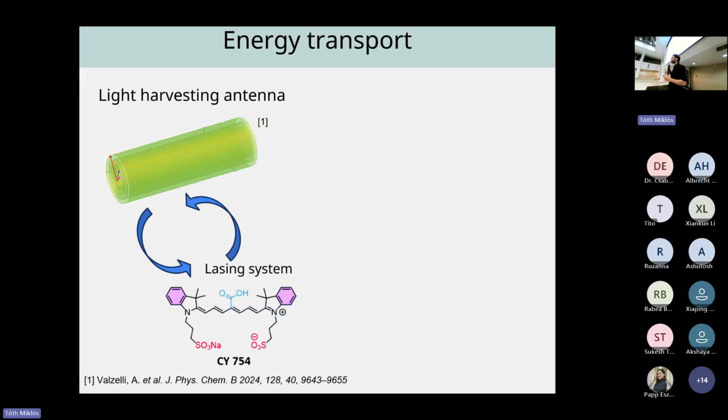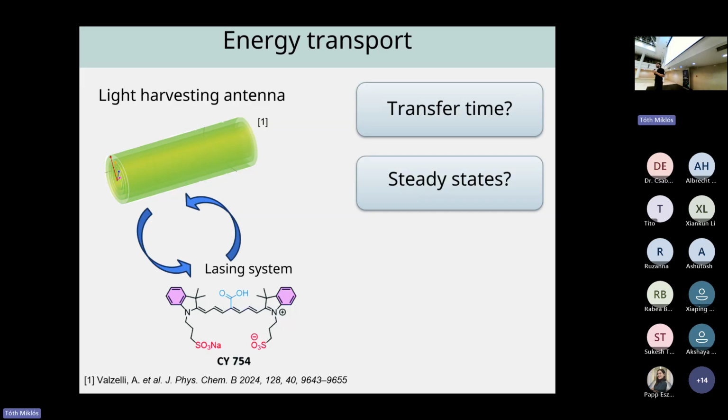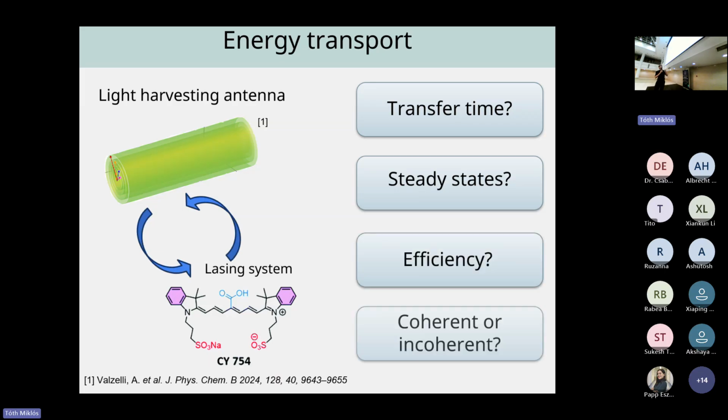And you can ask many, many questions about energy transport at this point. And we have heard about those questions before. Maybe the most immediate question is, what is the time that we need to transfer from our light harvesting antenna to our lasing system? Also, what is the steady state of the system? So how much of the energy in the end will end up in our lasing medium? What is the efficiency of the process? So how much will we lose in